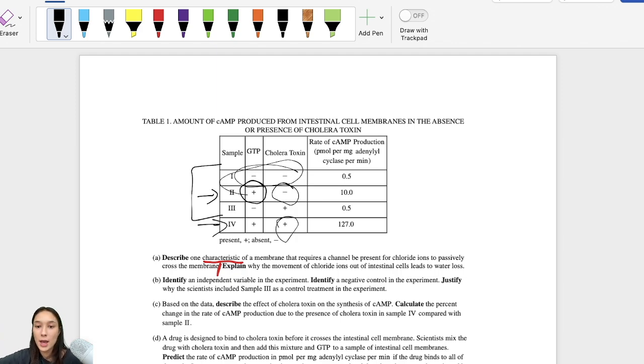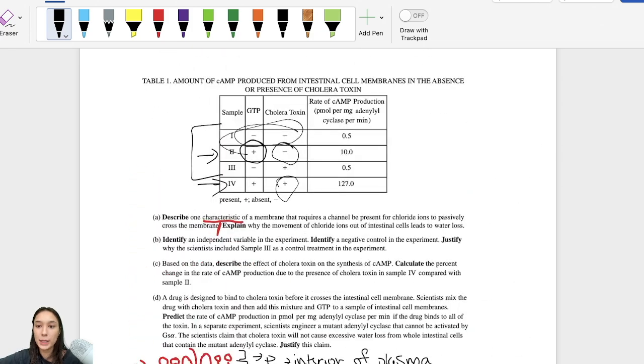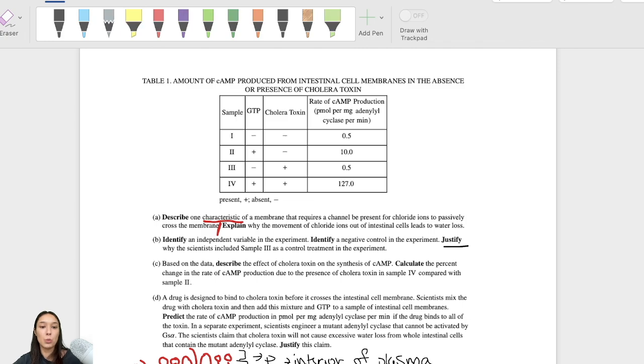Okay, and then the last part of part B says, justify why the scientists included sample 3 as a control treatment in the experiment. Okay, so sample 3, we kind of already talked about as a control. Sample 3, you have no GTP and you have cholera toxin. So what this is able to do is you're going to be able to compare this to, obviously, number 4. So if I compare number 3 to number 4, this one's going to give you 0.5 and this one's going to give you